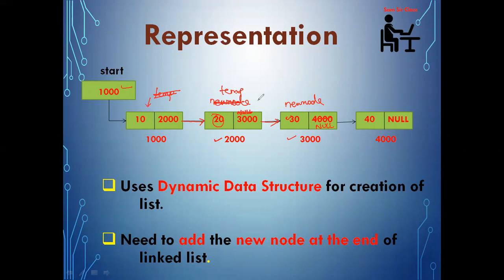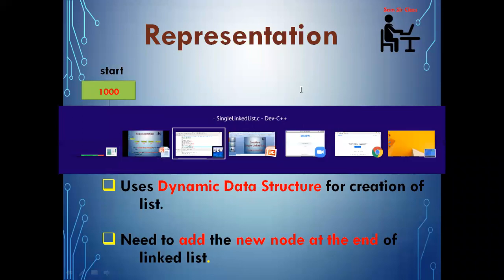So by following this principle, I can create any number of nodes in the single linked list, and every time I can connect with the previous node. This particular data structure, we normally say, is known as a dynamic data structure. Why? Because we don't know how many nodes we actually require. Any number of nodes we need, we will create one by one and connect with the previous one. So our task here is to add the new node at the end of the linked list. Whatever we have discussed through this procedure, now let us implement the same through programming.